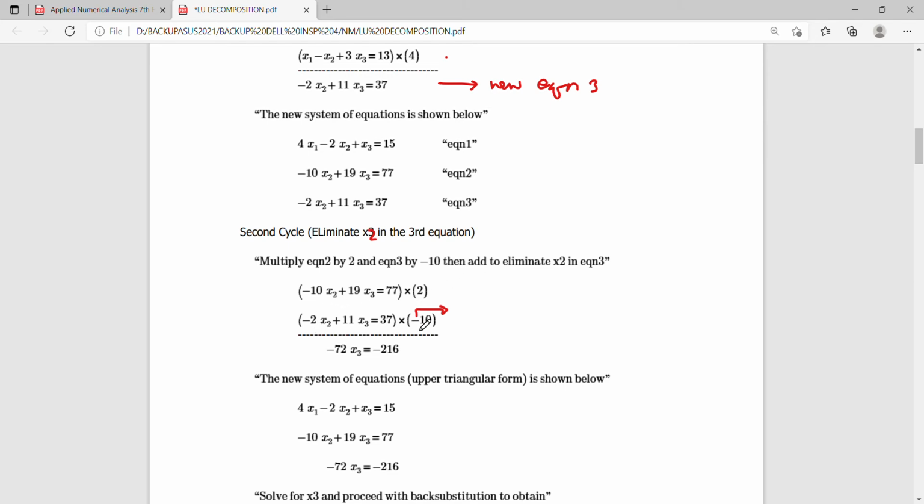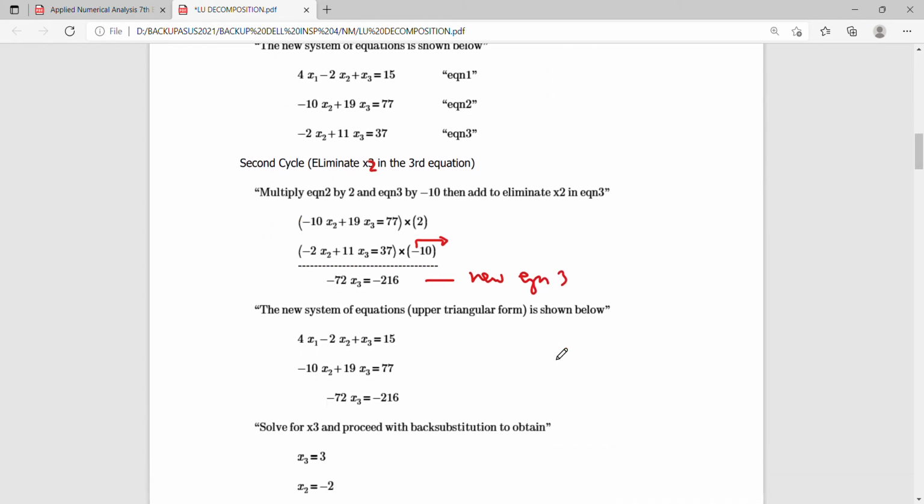Therefore, a negative sign must be placed either on the first multiplier or the second multiplier. In this case, I opted to place the negative sign at the second multiplier, and adding it will yield my new equation 3. So the entirely new system of equations, which is in the upper triangular form, is shown